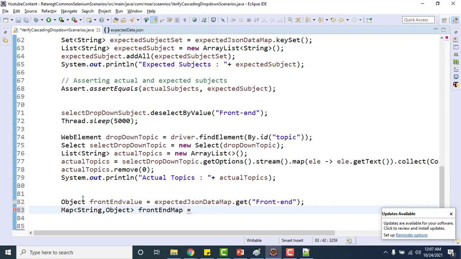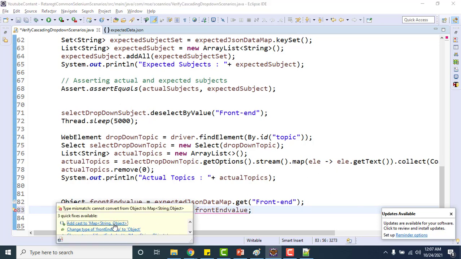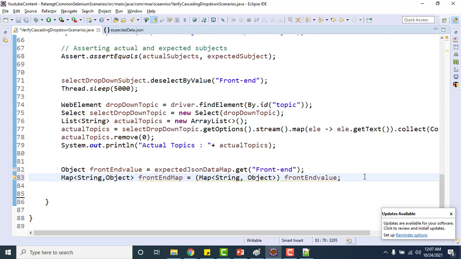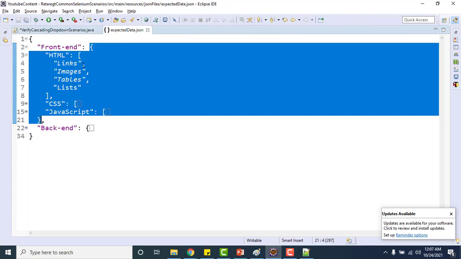I need to use the cast operator, which you can use like this. You can directly write it in one line also, but just to make you understand more, I wrote it in two lines. Now we have control of this much.